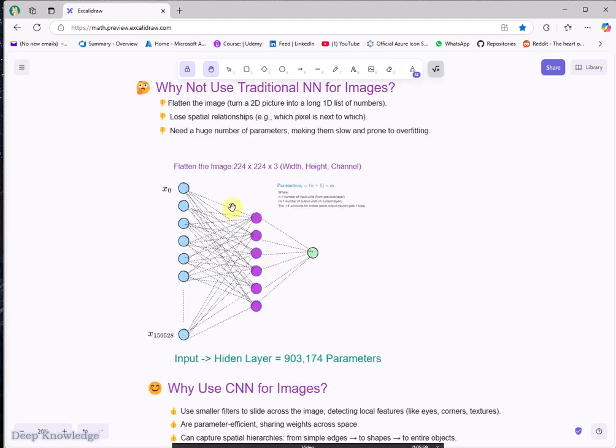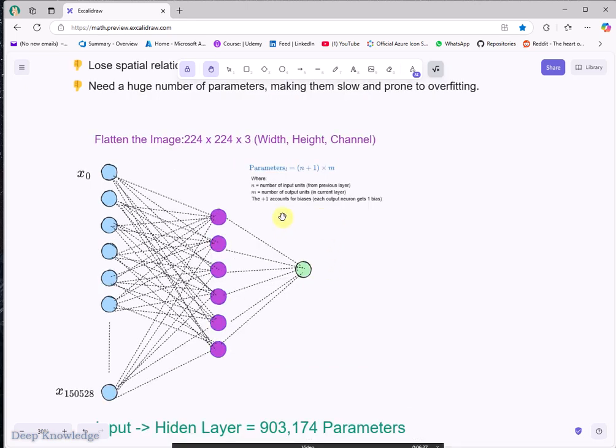Let's assume, just to prove that we need a huge number of parameters, I'm just flattening the image that I have, this one here, into one list, in one dimension, and I have, for instance, 150 thousand values. Now I just assume that I have one hidden layer, and this hidden layer has six neurons. To calculate these parameters, as I mentioned in the last video in more detail, the number of parameters in each layer